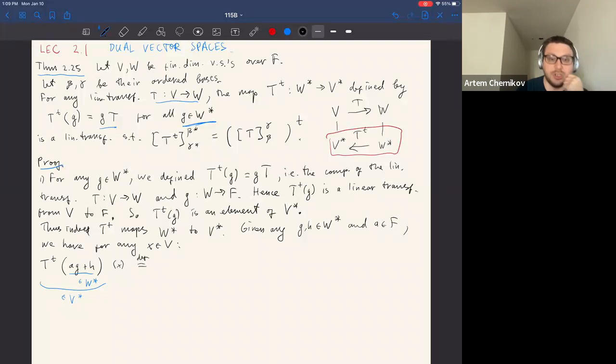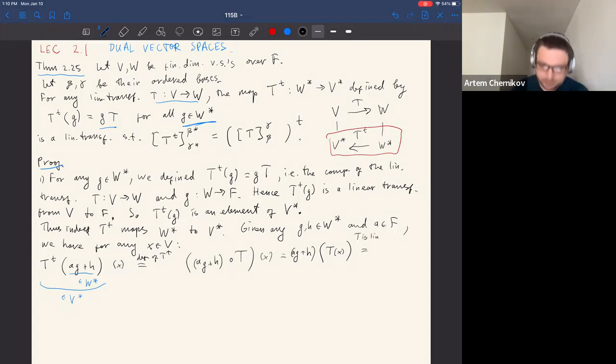So first of all, from the definition of T^T, this is the same as looking at the function ag plus h and composing it with T, and still evaluating on x. So this is just the definition of T^T. But now let's use the properties of T. The composition is calculated by looking at the map ag plus h and evaluating it on the value of T evaluated on x, just by the definition of composition of functions. Okay, but using that T is linear,